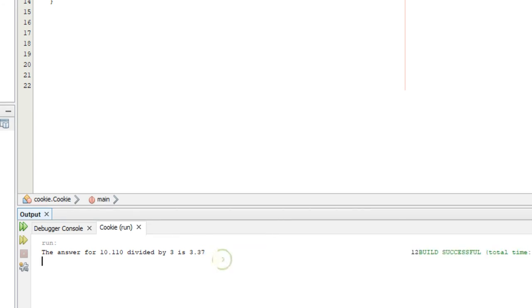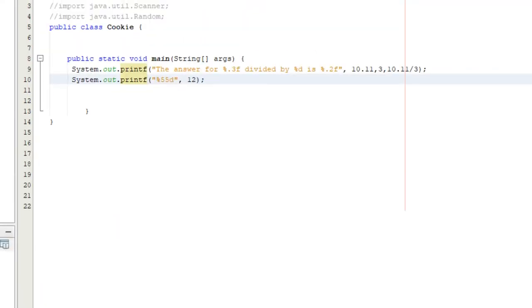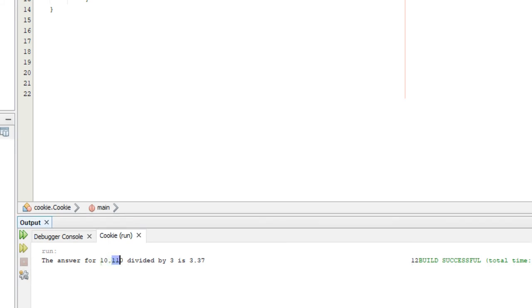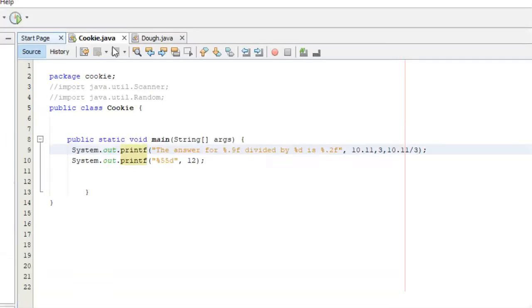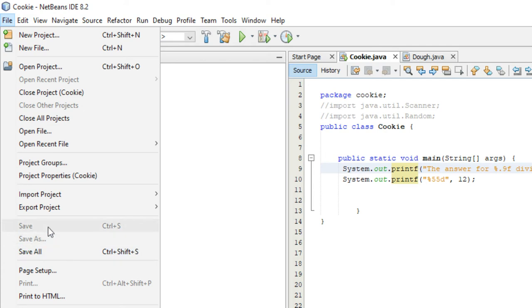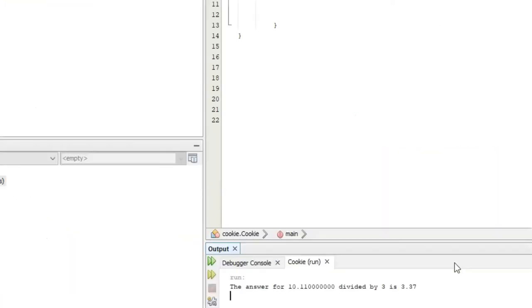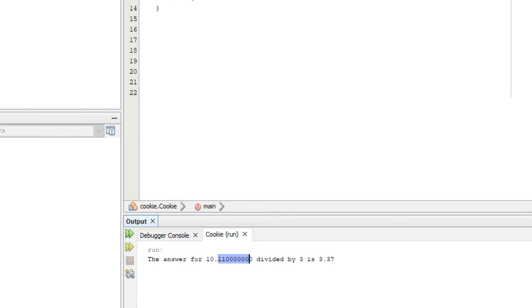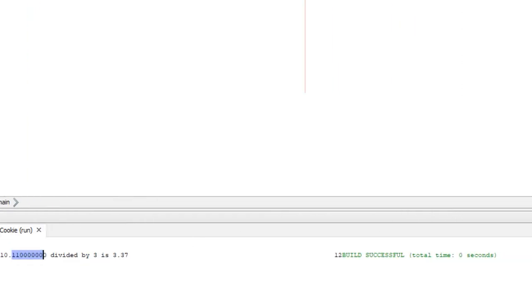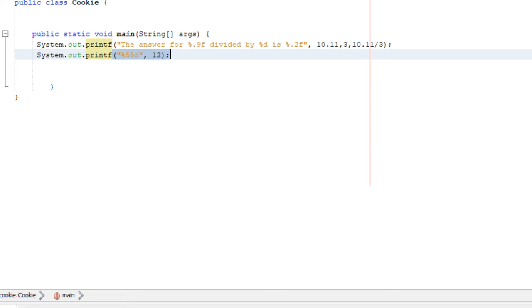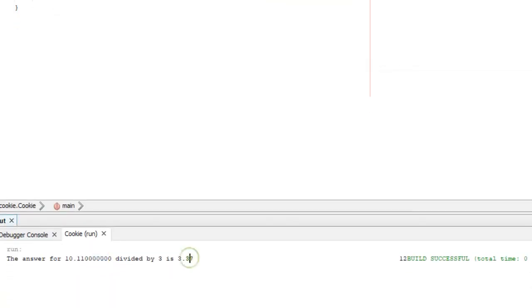That is a flag. So let's do this right here. We'll change this to decimal 9, so there's going to be 9 decimal places past the decimal point instead of 3. So when we save this and run, as you can see, there's 9 spaces right here, and then the flag that we changed for this one right here is 55 spaces from here to the end